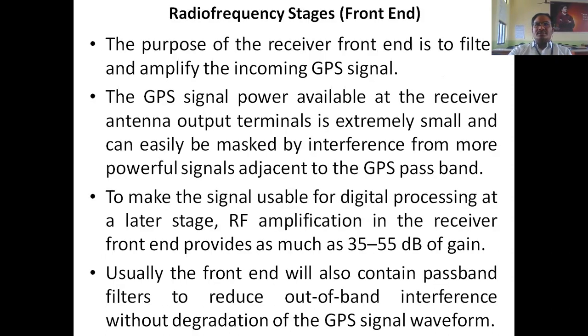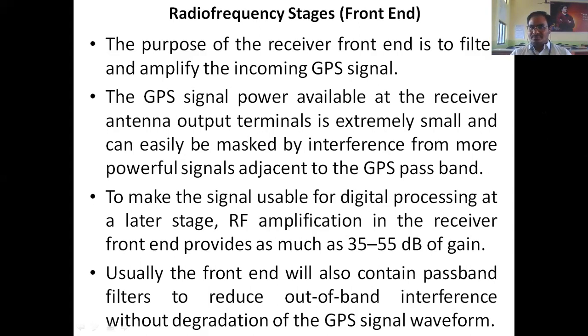So we will see in detail. The purpose of the receiver front end is to filter and amplify the incoming GPS signal, because the incoming GPS signal, when it is received at the receiving antenna, will get attenuated. It has to travel a longer distance, and it has to pass through some noisy channels,